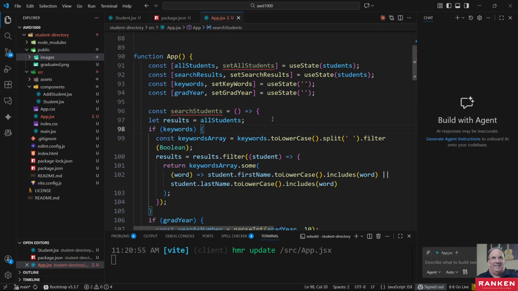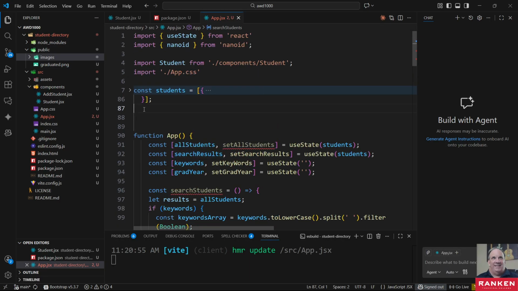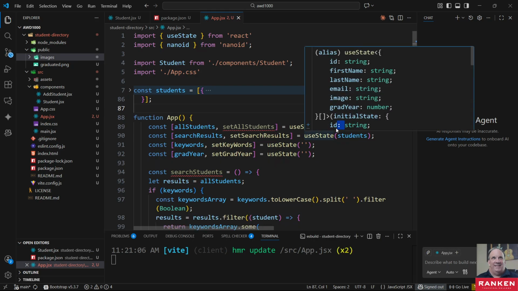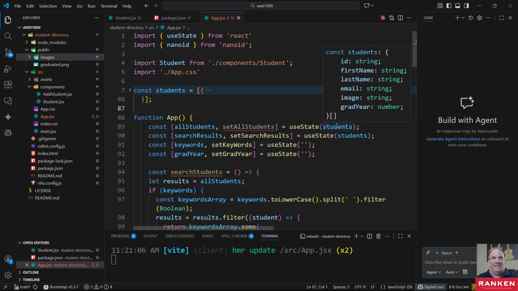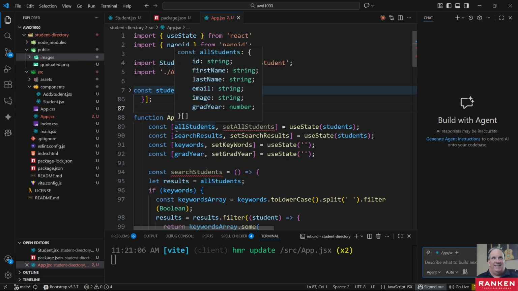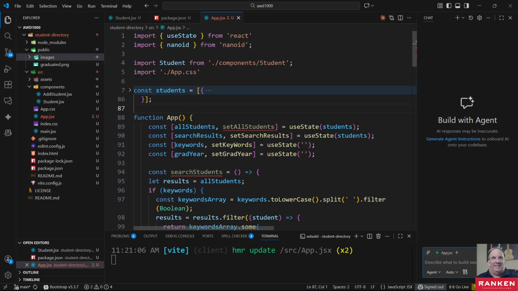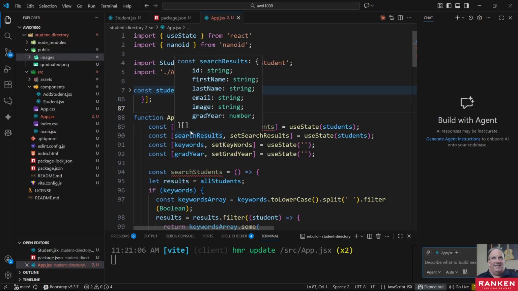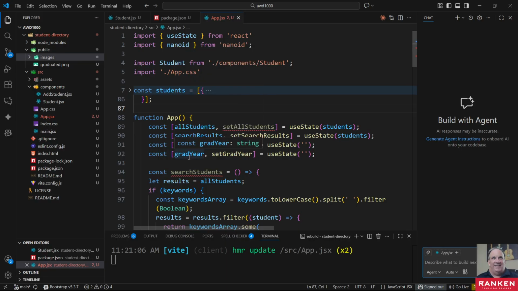So by default, all students will be, we're using this state variable, right? All students. Just wanted to mention, make sure that you never change this somewhere in your code. If you want to set variables, you always need to call the set function, right? If you want to change your all students, you don't want to do that directly. If you do, it kind of breaks something in React. And even though you might not get an error on it,